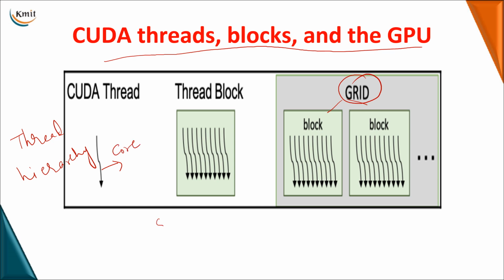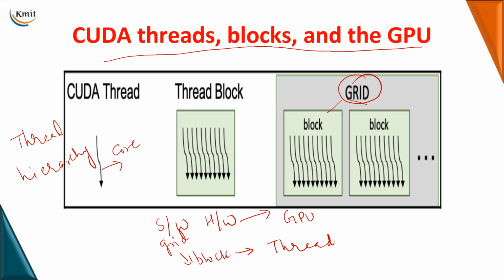We have even covered the software view and the hardware view of it. Coming to the software view, you have a grid initially. A grid is a collection of blocks, and a block is in turn a collection of threads, right? Now coming to the hardware part of it, when you go for your grid here, we call this a GPU device or a kernel device,